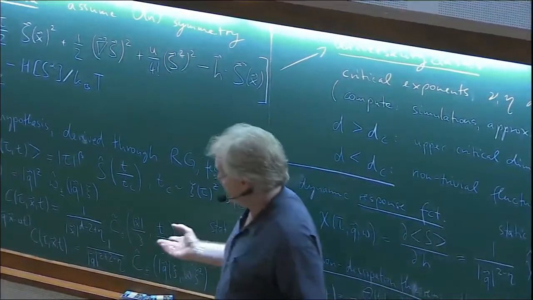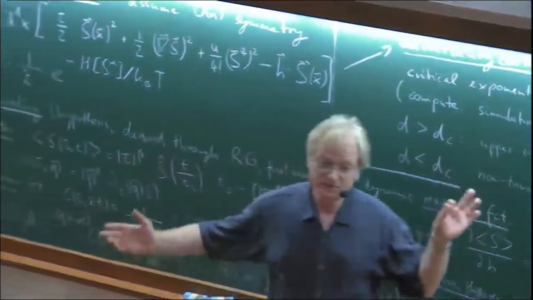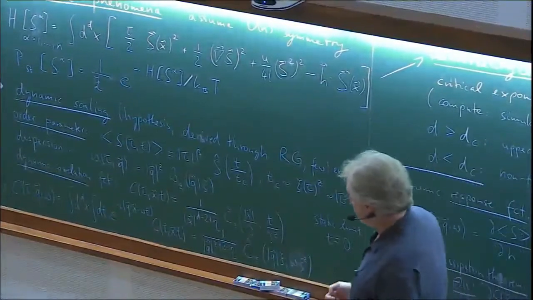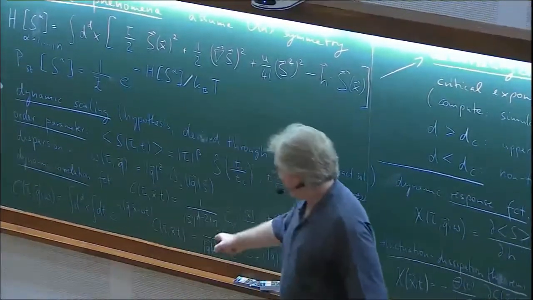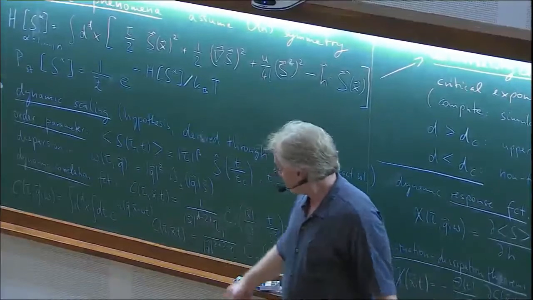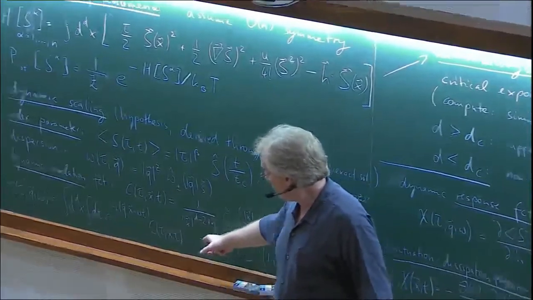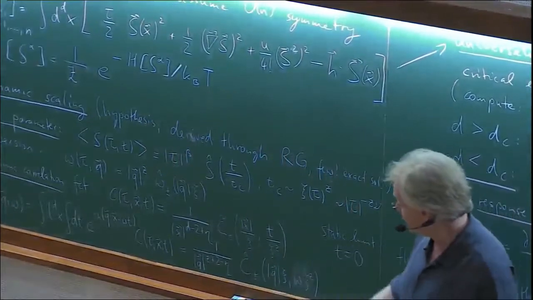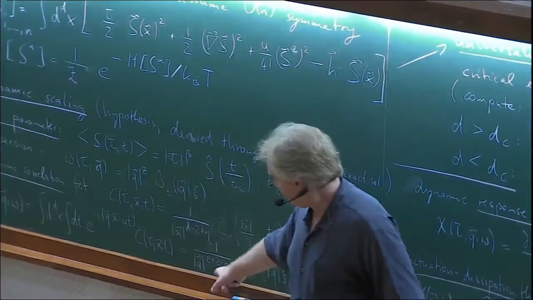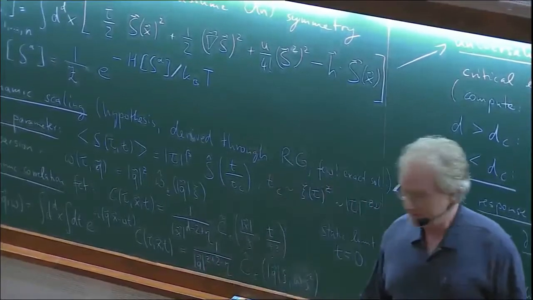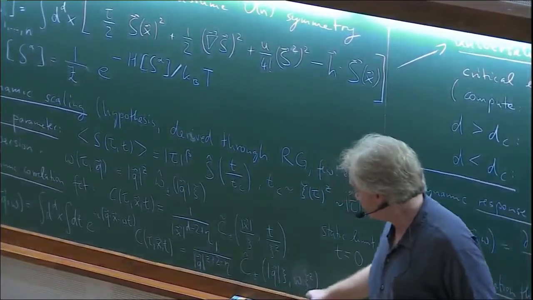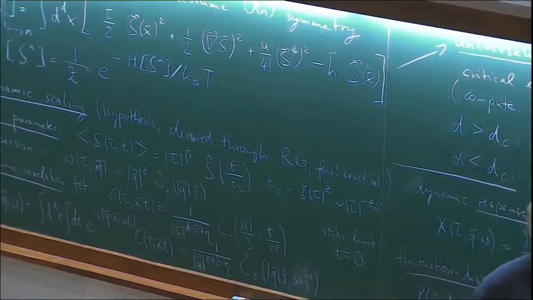And I can Fourier transform that in space and time if I like, or only in space or only in time, so there are various equivalent versions. And if I do this from the spatial integral, I'm picking up another factor q to the d, or xi to the d, let's say q to the d. From the time integral, I'm picking up a factor q to the z. And then overall, as I do this, I get 1 over q to the 2 minus eta. And I hope I did that right last night in the tutorials. Okay. And then you're left with a scaling function. We get q psi and omega psi to the z.